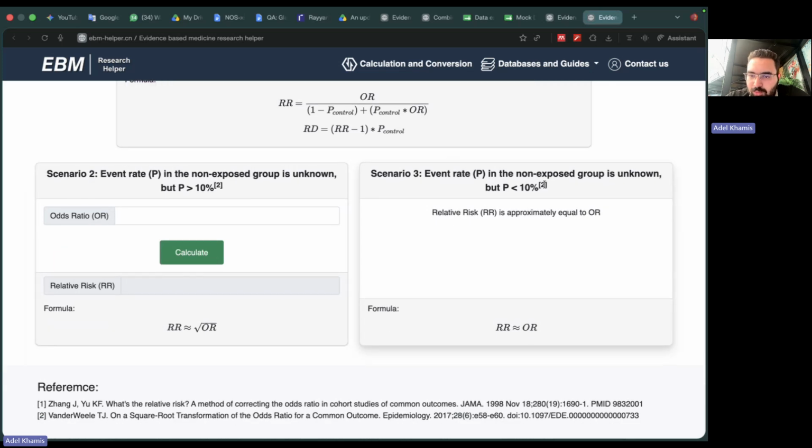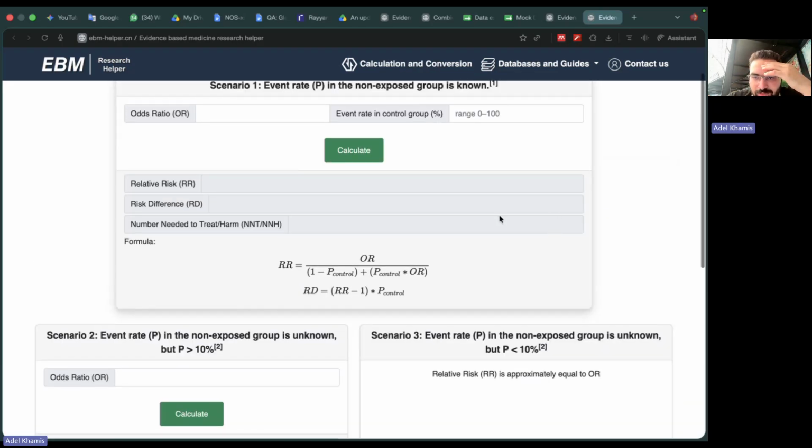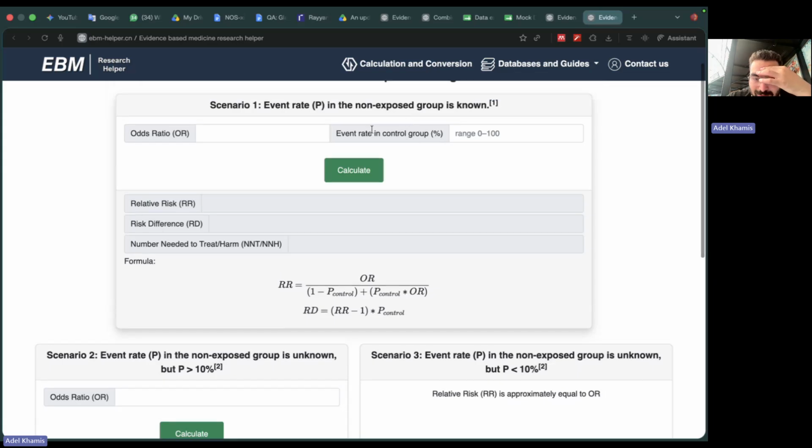If I don't know the event rate, but the event rate is less than 10%, they tell you that the relative risk or risk ratio is approximately equal to the odds ratio. And if you know the percent or the event rate in the control group, you put it here, and they calculate for you the relative rate or the risk difference. And there is what's called number needed to treat and number needed to harm. This we can discuss later. It is more advanced, and